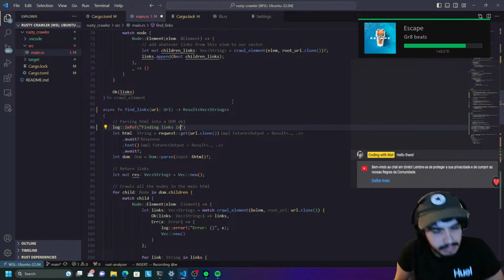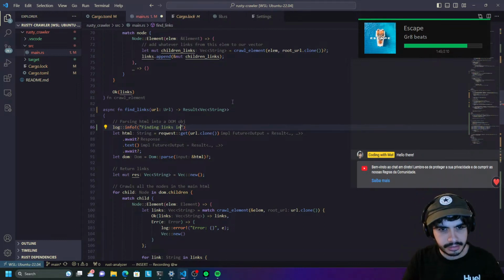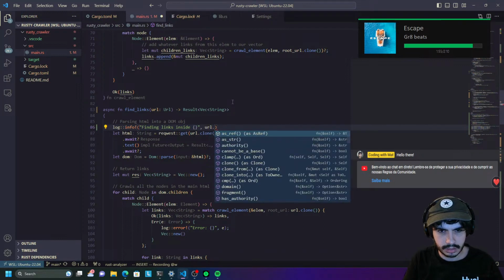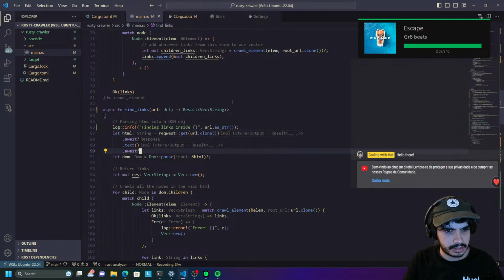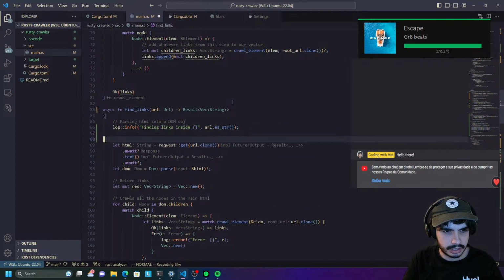I still have to implement your suggestion, Antonio, which is just to look at links that return 200. So maybe we can do that now. Finding links inside this, and it'll be URL.asString. Actually, in 2 we'll do, right? Nope. Cool. Yeah, let's look at this interesting thing here, because what we want to do is